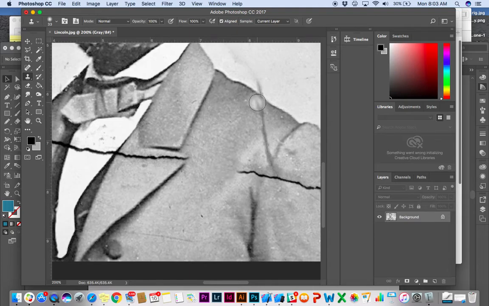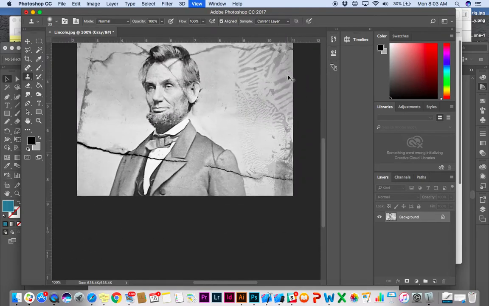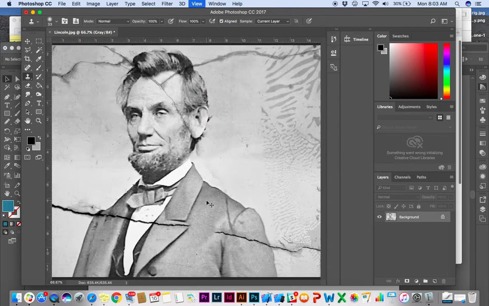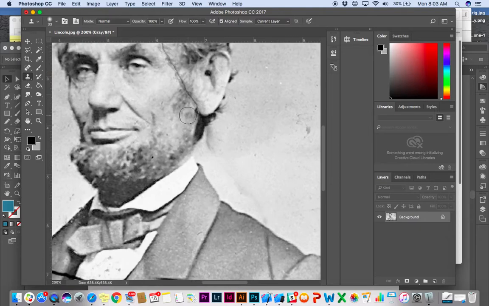Again, I can use this in all areas of the photo. I can clone this left side right here and match. See how it matches up right there? Zoom out, and I'm starting to restore this photo and take out all the cracks. This is good for small areas like this. All I want to do is get rid of these cracks, get rid of these cracks in his face. You'll notice if I go over his eye,